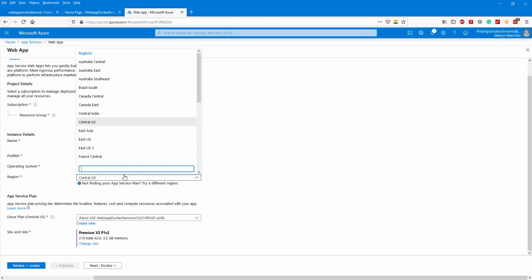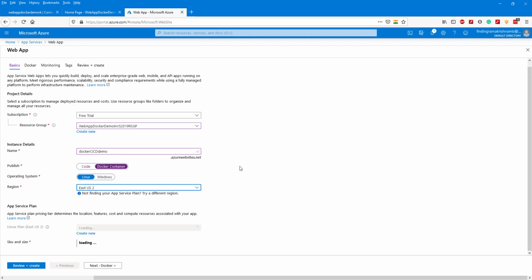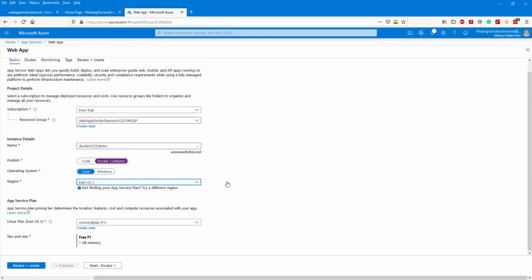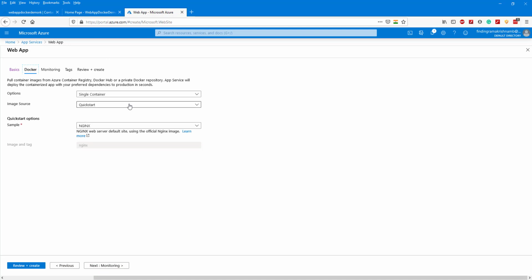Select region as East US, because most of our free instances are available from East US. So just select East US. So we are getting the image from the Docker Hub. Our image is public, and we need the image and the tag name.